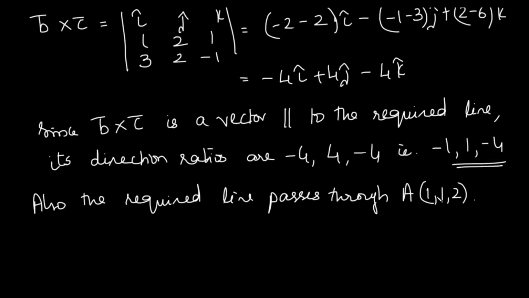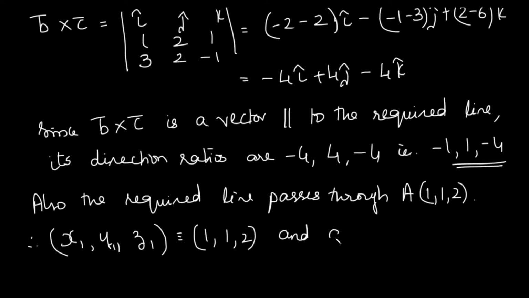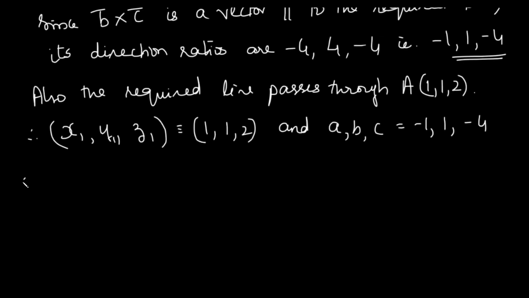We are supposed to find the Cartesian equations of the line, so we have x1, y1, z1 and a, b, c. Therefore x1, y1, z1 are given as 1, 1, 2 and a, b, c is equal to minus 1, 1, minus 1. And therefore the equation of the required line is